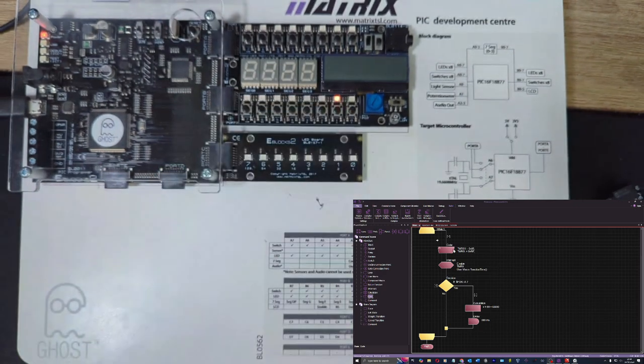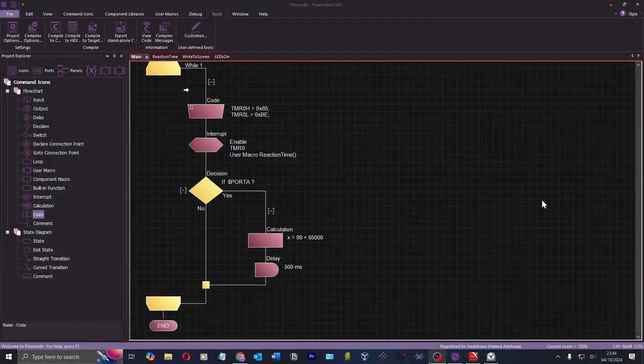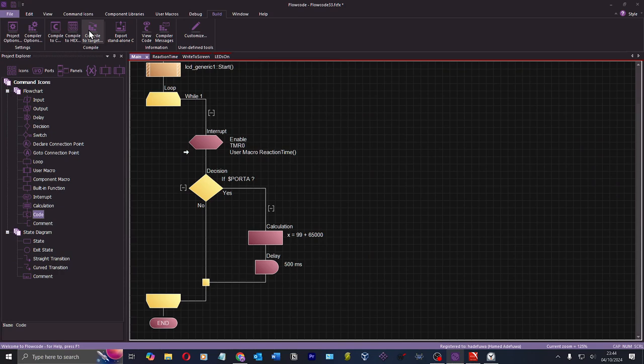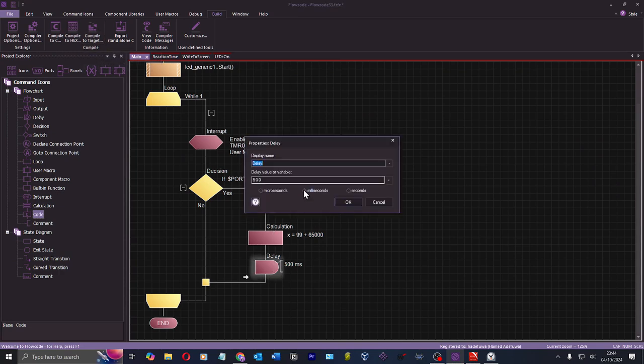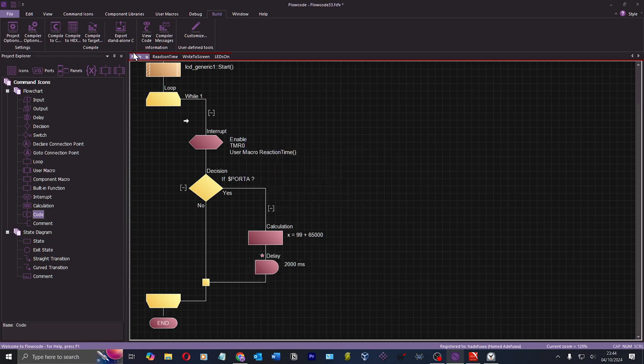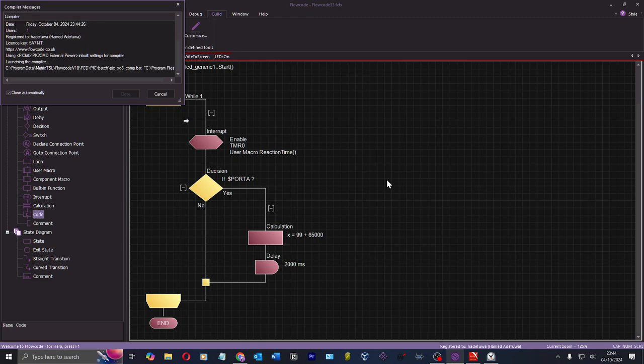So let's just delete this C code that we just added and try again. I'll make this delay larger. Like I said, make it obvious. And go again. I didn't expect that C code to work. I'm not convinced about Flowcode's ability with C code yet. Either